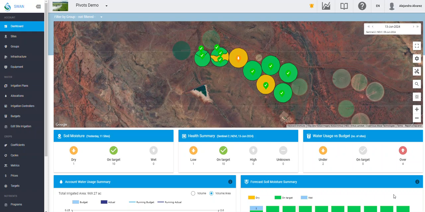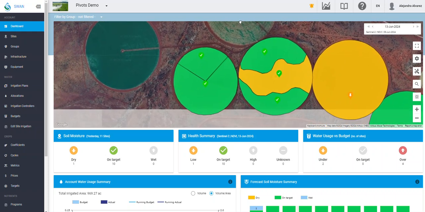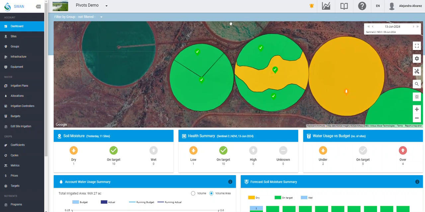SWAN Systems is an irrigation and nutrition software. We have this beautiful dashboard that helps us see and plan for irrigation events. Here we can see a couple different pivots. We can see that some pivots are full circle, some pivots have some different zones, and this one has two